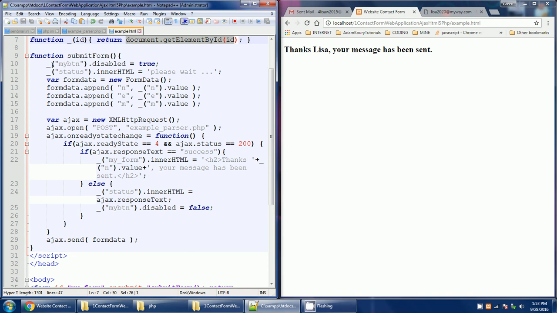myButton.disabled equals true, and then underscore again. Now we're also going to use an element on our page that has an ID of status, and we're going to set the